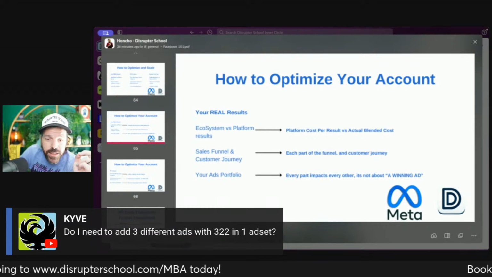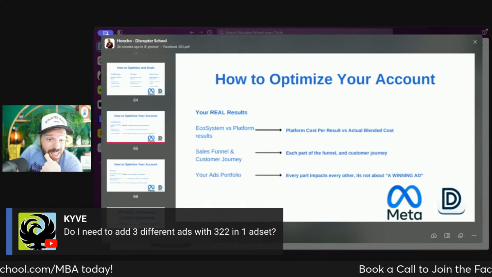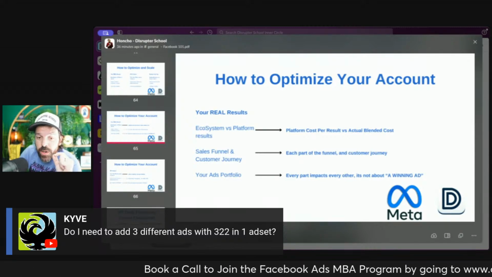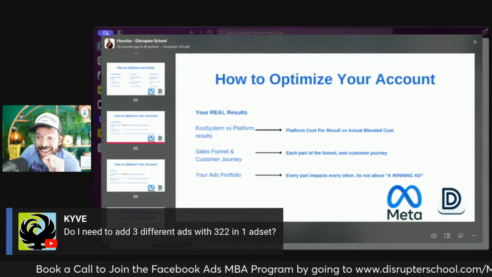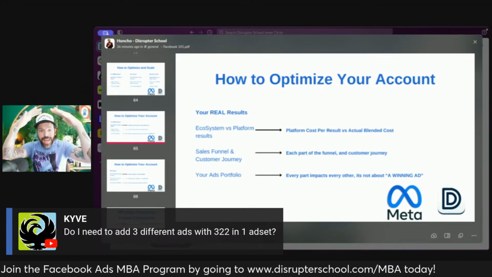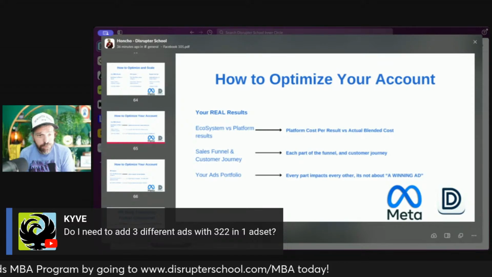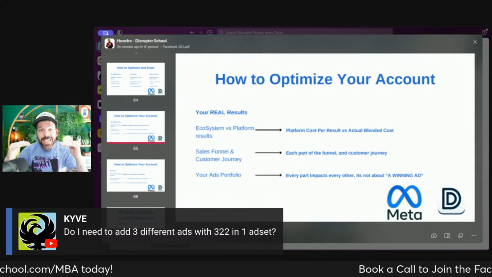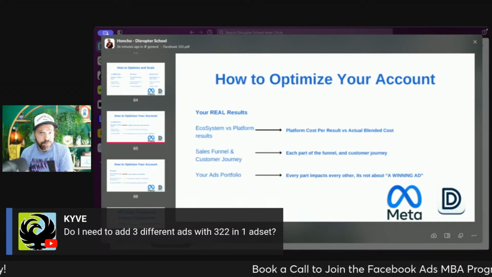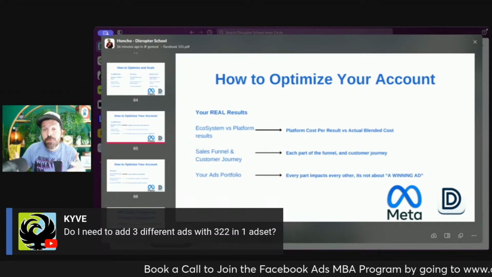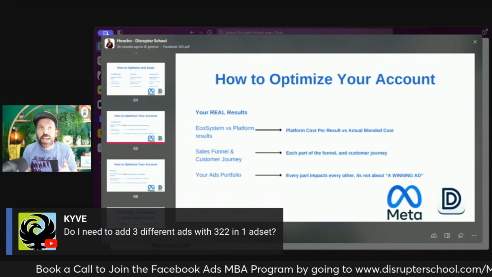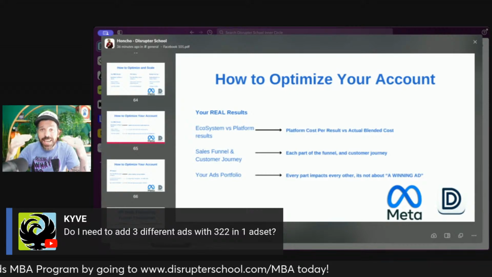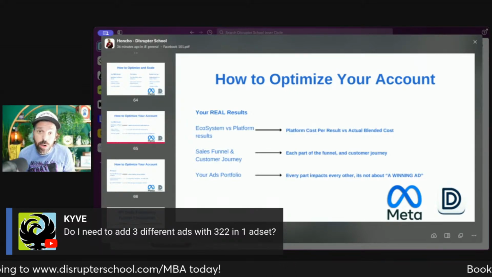Do I need 3 different ads with 322 in one ad set? I would recommend having 3 ads, 322 ads. I would not have more than 1 322 ad in any ad set. Remember, the campaign makes the decisions. Here's how Facebook works. The campaign decides which ad set to spend on. The ad set decides which ad should get the budget. The learnings at the ad level inform the ad set which ad to spend on, and those ad sets help the campaign decide which ad set to spend on. That's how CBO works. That's how campaign budget